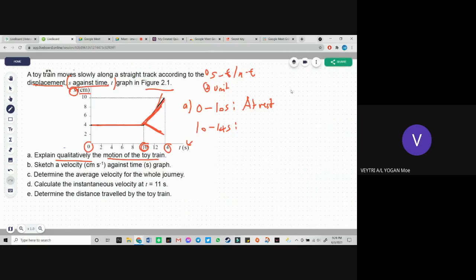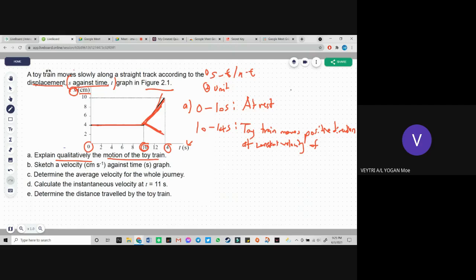So here you guys can write the toy train moves in the positive direction, not right or left, positive direction. Like we learned just now, the graph is positively above the positive x-axis. The train moves in the positive direction at constant velocity of